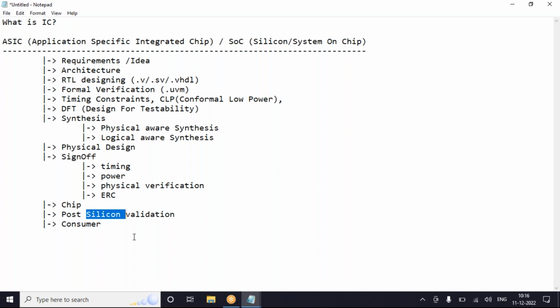Now, as I said, till now it is an ASIC flow. Now when it is SOC, what will happen? What is the advancement in SOC? Or let's say, what is the difference between ASIC and SOC? Same thing, but here we do one particular work. Correct. In ASIC, it's a particular task. In SOC, it is the combining of all the particular tasks.